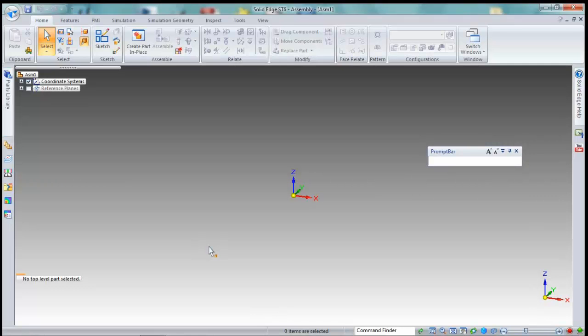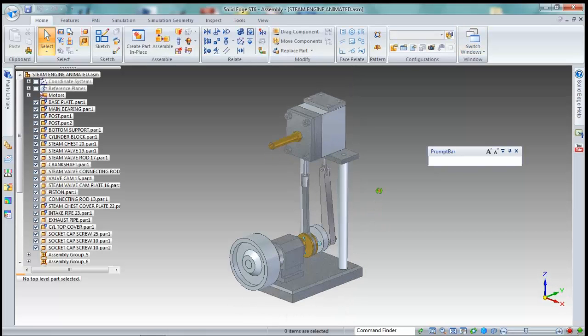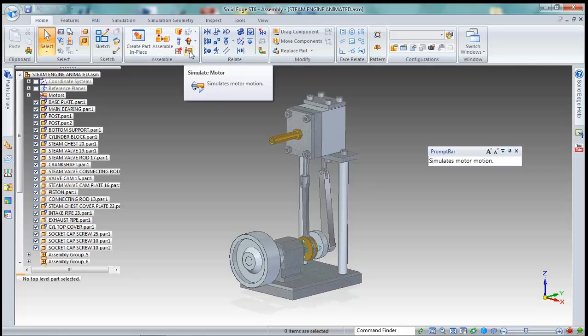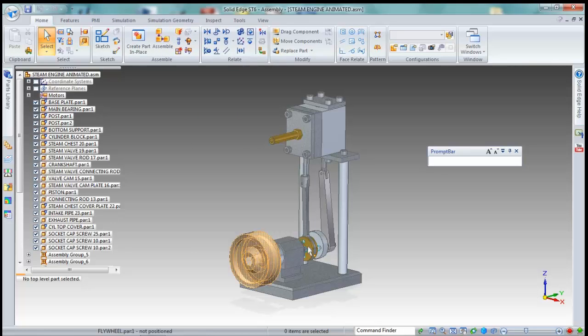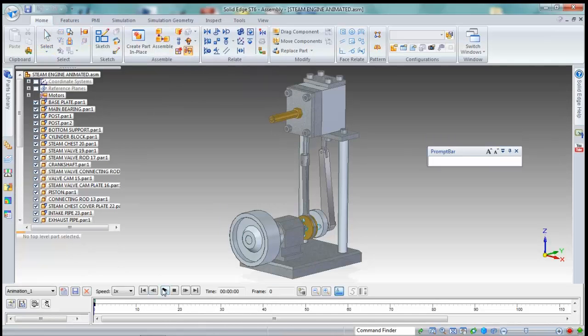So we're going to start talking about putting our assembly together. I'm going to switch windows to show you the completed engine assembly here. Ultimately, what we'd like to be able to do is put some animation in by adding relationships to the different parts and applying a rotational motor to this flywheel portion. We can simulate the motor using this animation sequencer, and I'll put it at like 4x so it goes a little faster. We would like to animate the motor so that the valve cam goes up and